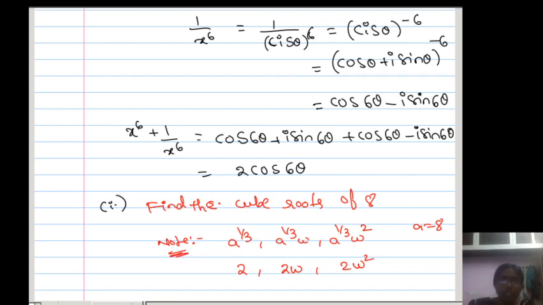Otherwise we can do it clearly like this. So how to do that in another way? What is the question? Cube root of 8 means what? I want to find x equal to 8 power 1 by 3. I want to find the x value such that x equals 8 power 1 by 3. Now I can simplify this by cubing both sides. x cube is equal to 8. I can write like this. Next, x cube minus 8 is equal to 0.